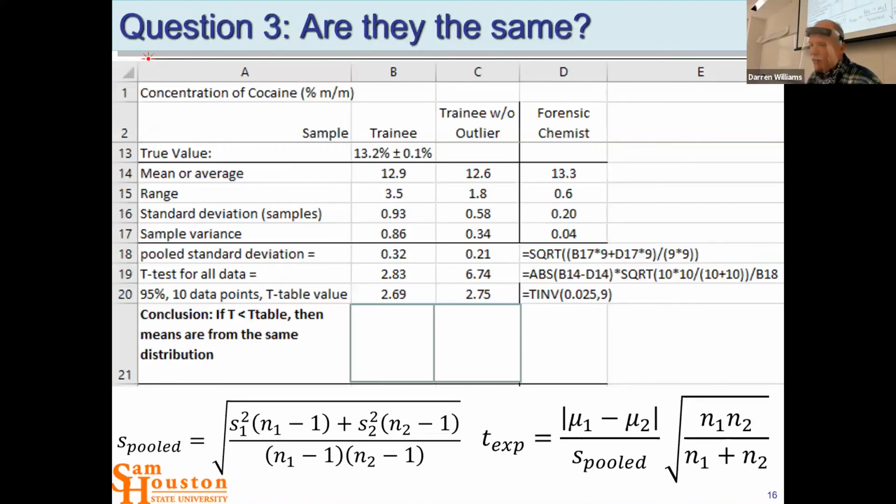So here in Excel, we have our means, our ranges, and our sample variances, so the standard deviation squared. So this is S1 squared. Oh, sorry, that's for, I went ahead and did it both with the outlier and without. So this is also S1 squared, and this is S2 squared. Okay. I calculated the pooled standard deviation in both situations, and then I did the experimental t-test for these. So this is t experimental,